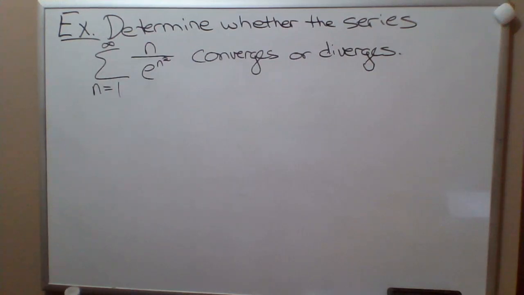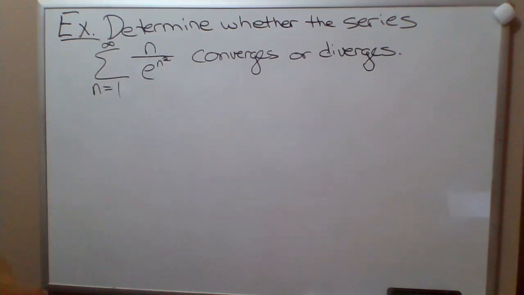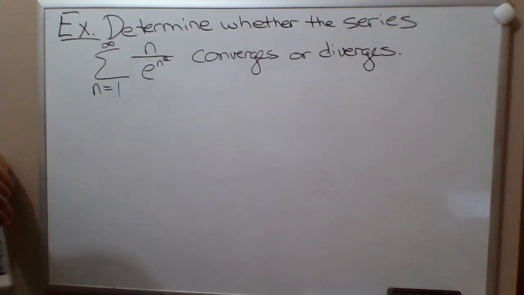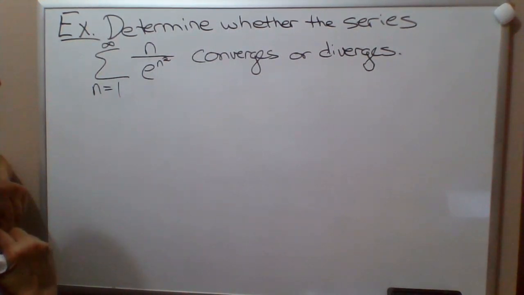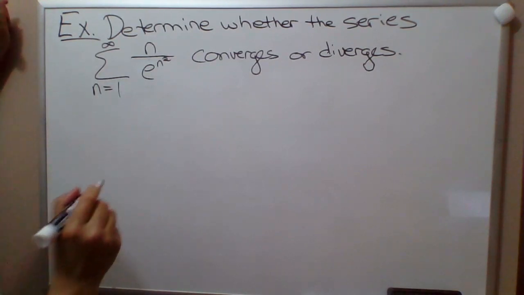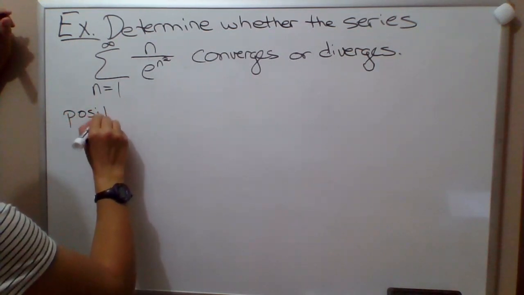Here's one more example using the integral test. And this time looking at the sum from 1 to infinity of n over e to the n squared. And I gave away the punchline there, but I am going to apply the integral test to this series. So if we're thinking about applying integral test, then we always need to first check: is the function,